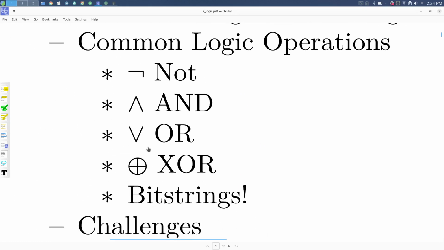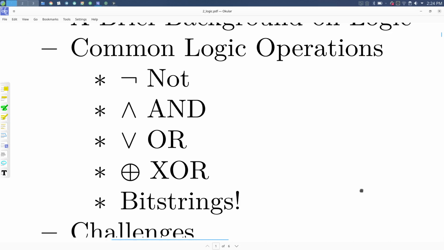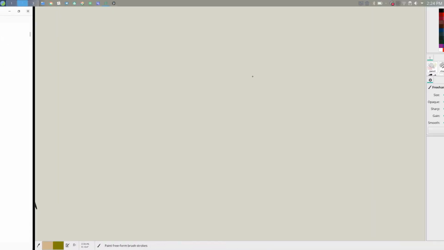So this bottom bit here, bit strings. When I was just talking about adding things together, when I was talking about treating it as bits, how about we do that ourselves? How about we do logical operations on bunches of bits? So I'm going to get you guys to do a couple of these things. First of all,